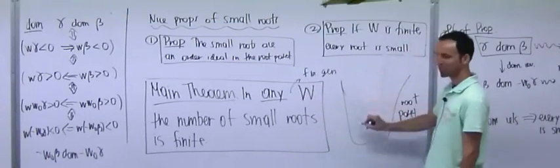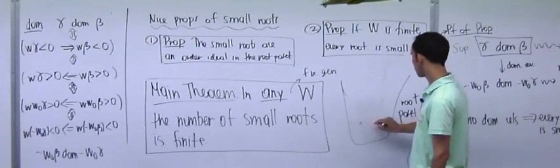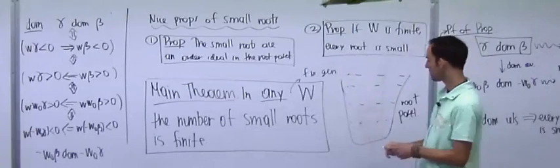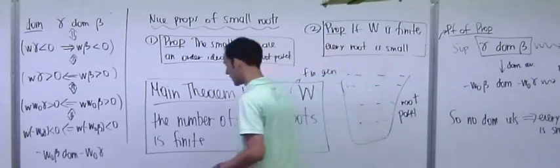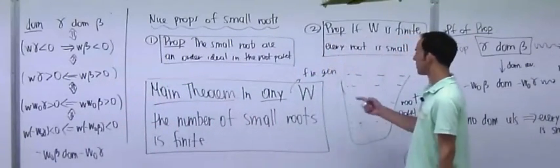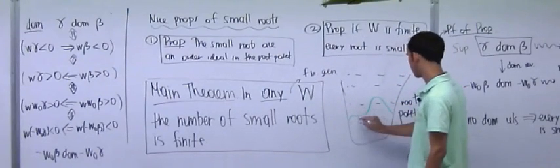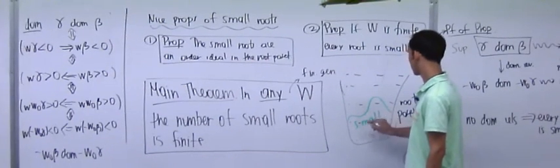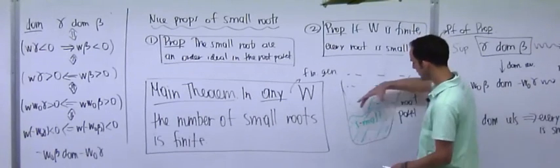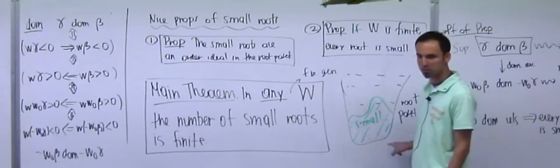So I hope you can make sense of when I draw something like this. This really means we have some simple roots and then other roots, and this thing is humongous. But the point is that the small roots form an order ideal, and it's a finite order ideal, which means that basically small roots kind of look like this. You start out by everybody being small, because all the simple roots are small, and then